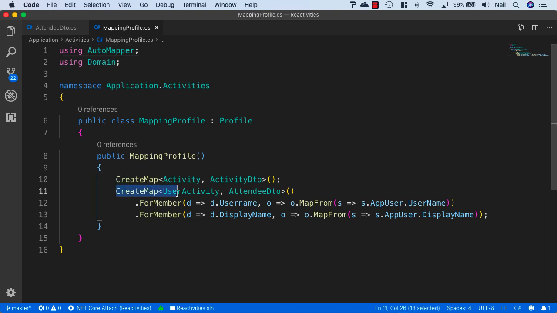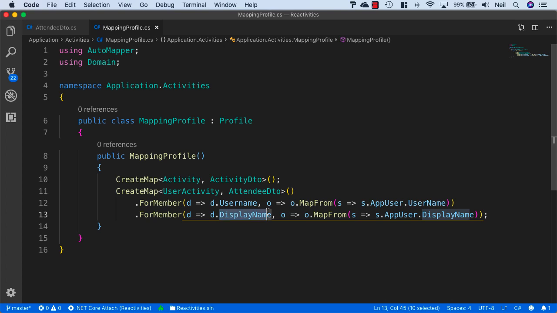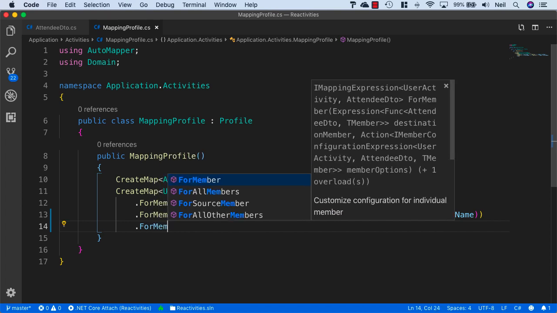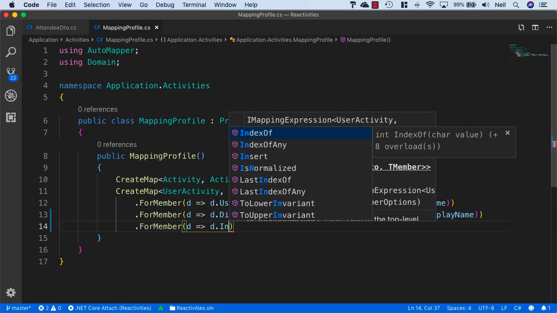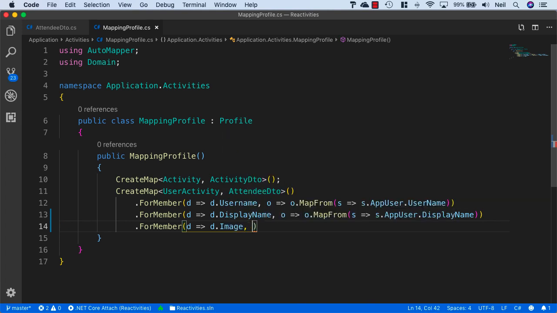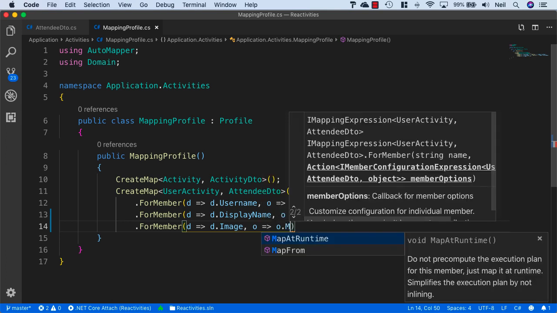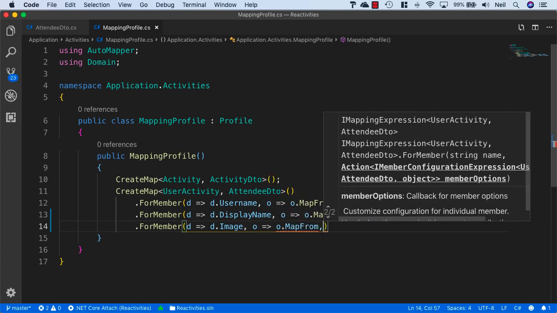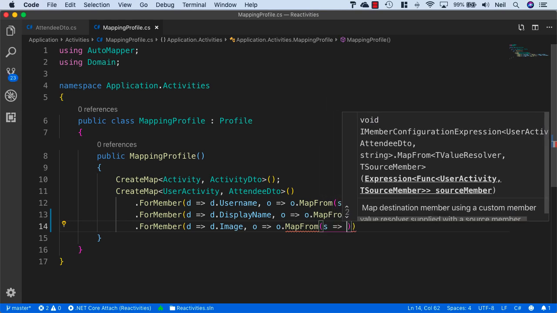And what we also want to do is add another element to this so that we can also set the image when we return these attendee DTOs. So what we can do for this is specify ForMember, and we'll say d goes to d.Image, and then for the options we'll say o.MapFrom, and then from the source we'll say